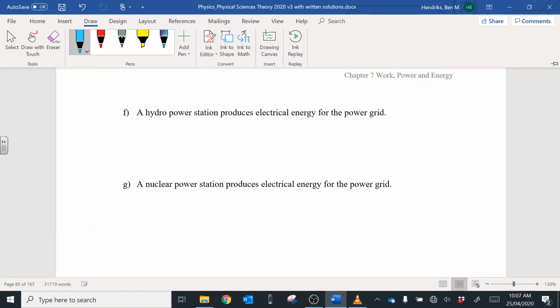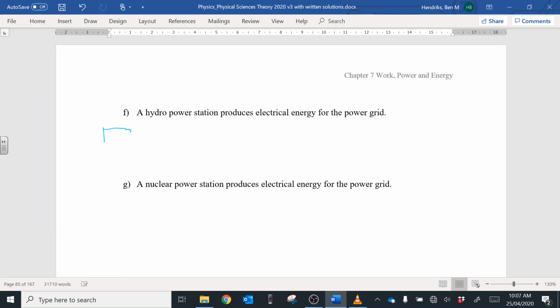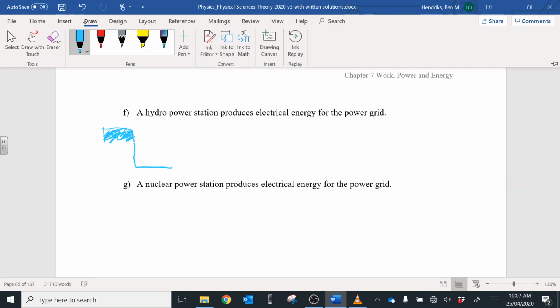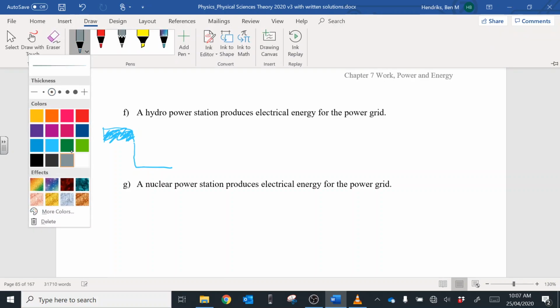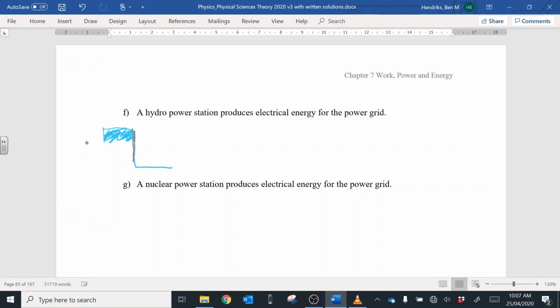Okay, let's go blue. So we've got up the top here a bunch of water, up the top and down the bottom. I should draw that all in grey, shouldn't I? So we've got all this water stored in our dam here, and this is going to be GPE, gravitational potential energy.